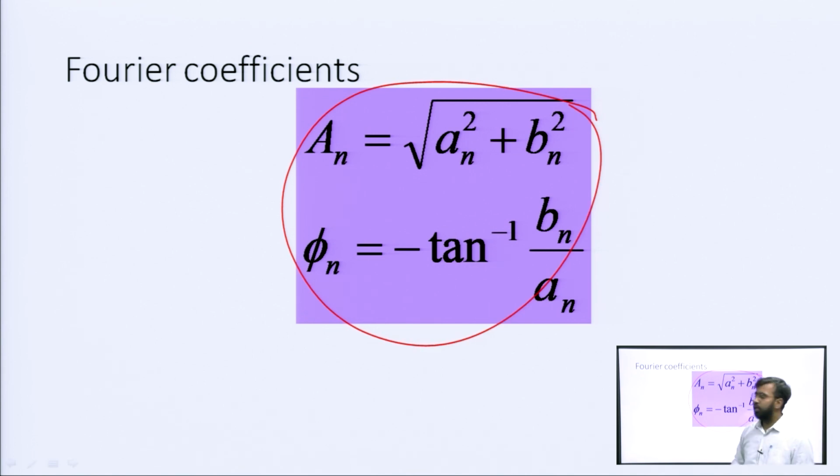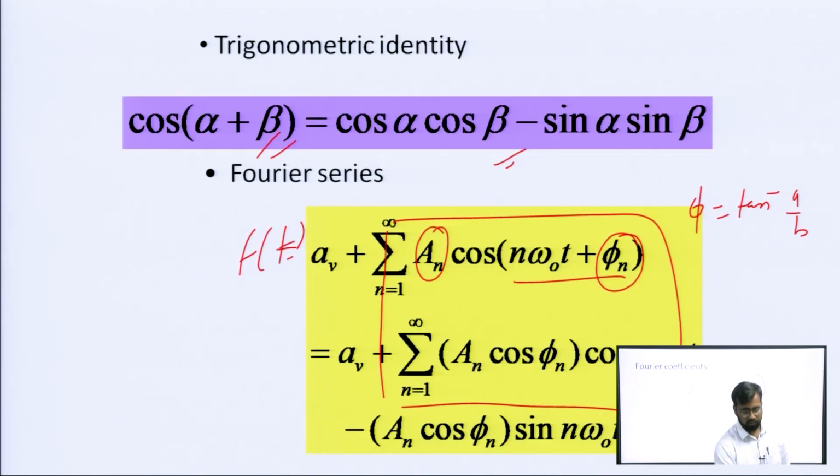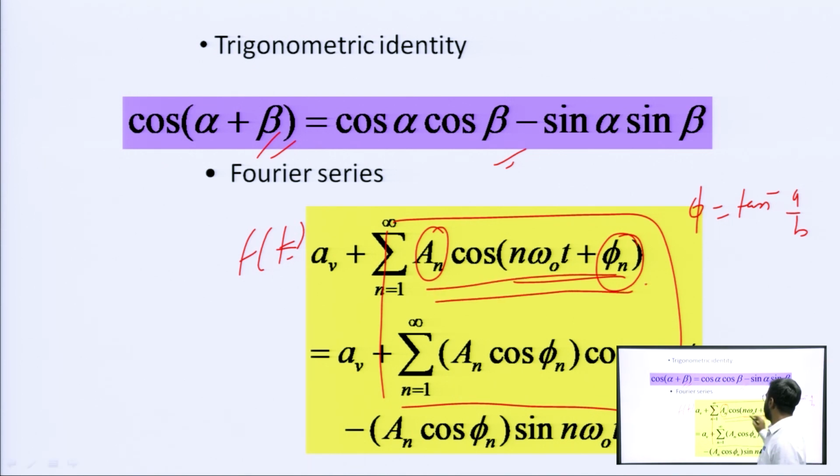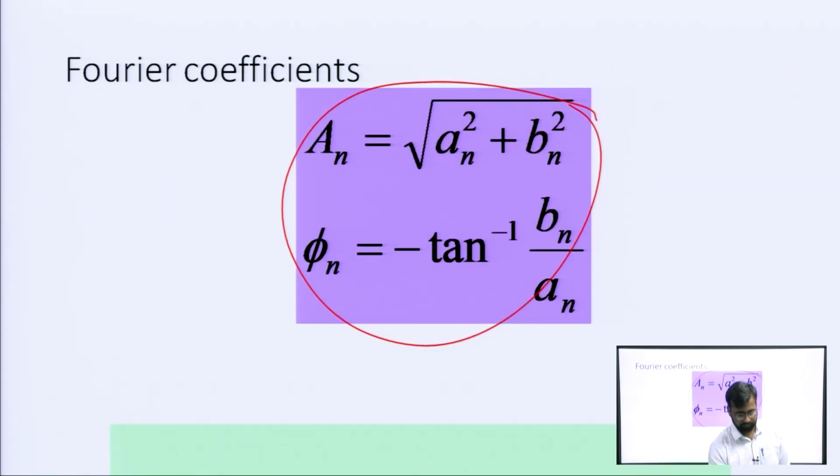This is one relation, if we want to represent the Fourier series in cosine form. If you only want to represent this function in cosine form, only cosinal, then what you have to do? You will represent it like this. A0 will remain the same. Only there will be a new coefficient, that is Cn, and this will be the final value. Okay.